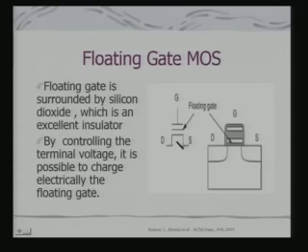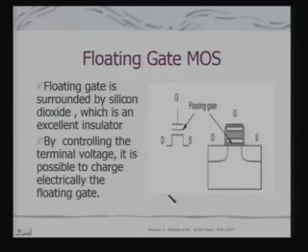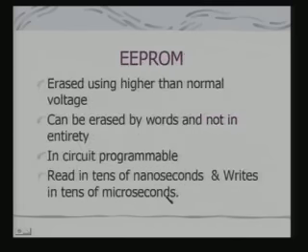Obviously, there have been enhancements in circuitry, making them electrically erasable in terms of each bit or each block. So, the basic technology is that of floating gate MOS. What you can observe is that here also a single bit requires the area of a single transistor, so the storage density for this kind of non-volatile memory will also be more than that of SRAM. Electrically erasable PROM is erased using higher than normal voltage, because then you can force the charge to flow out and the cell can be rewritten.